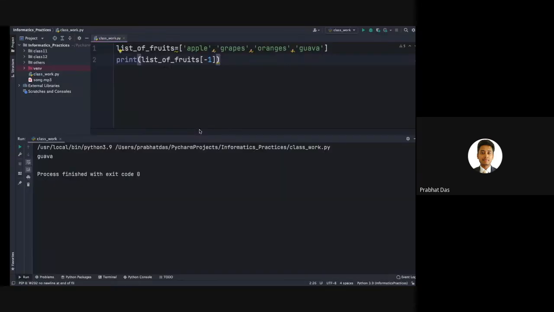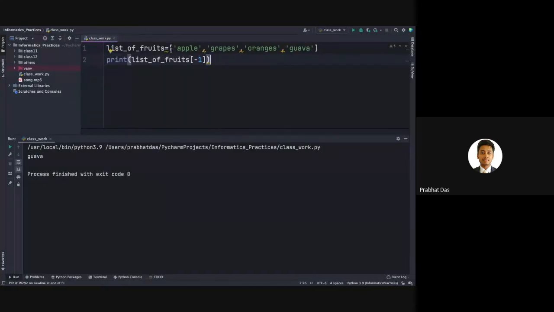If we are storing the value in list, it gets stored like this, right? But storing multiple string values is not possible in string. So what if I want to store this particular list in a string variable, let's name it str of list of fruits, and inside this I want to have this. We know that if you need to store values in string, we need to have double quotes.